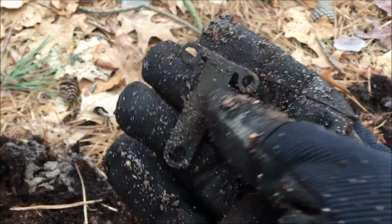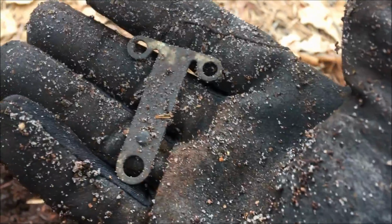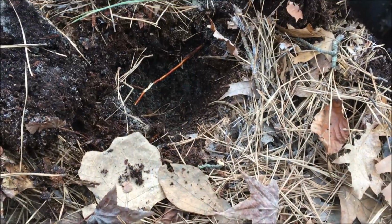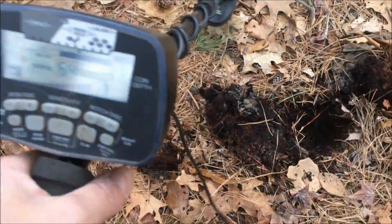I just got this, must be my 50th of these Model T coil points. It's from an old Ford Model T, part of the ignition system, the starting system. This was pretty deep, about maybe 5 or 6 inches down. I'm going to run over it. Of course, it's not going to sound the same as it did in the hole, but